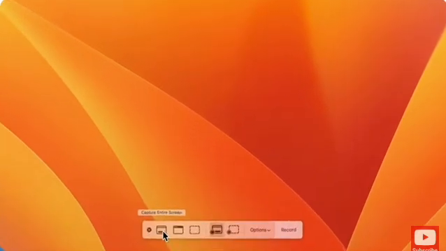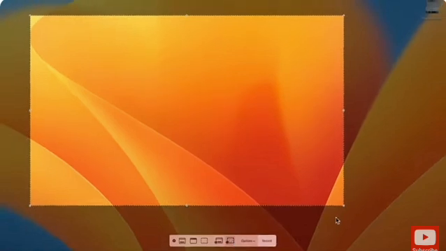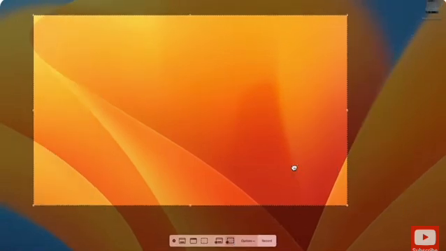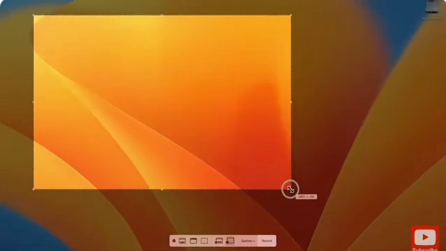So these first three options here is to capture an image. So capture entire screen, capture a selected window or a section of your screen. And then these next two here are in regards to recording a video, recording your screen. And again, we can record your entire screen or we can record a selected portion of your screen. So we can pick this, we can drag this around, choose the area we want to record, and that's what